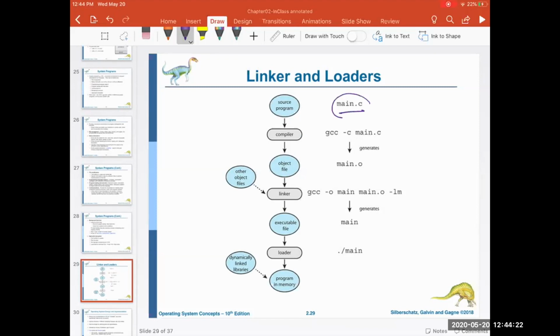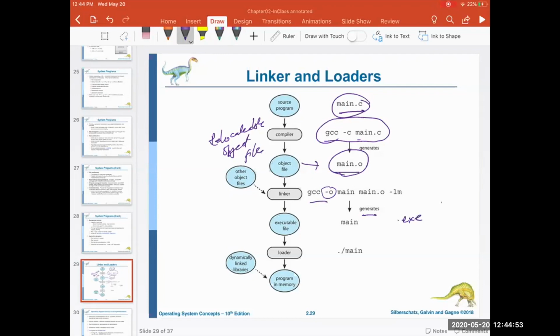So we have a main C file. Then we compile with GCC. GCC is a compiler which compiles this file and creates a relocatable object file. Once we link it, it will create an executable file. All of you are aware that for Windows it will be .exe, and for Linux and Mac it will be an .out file. To run this, I'll just do ./main, and it will upload that into the